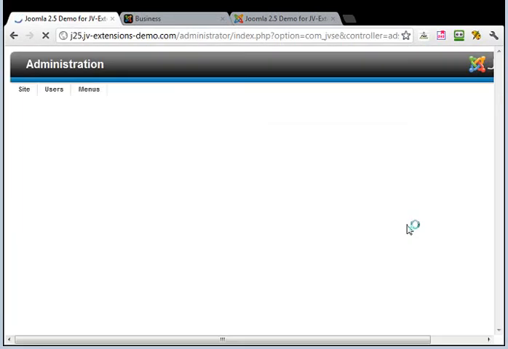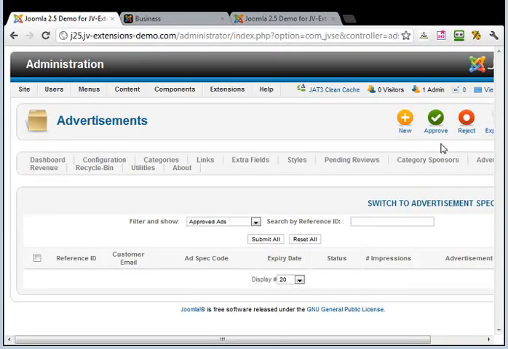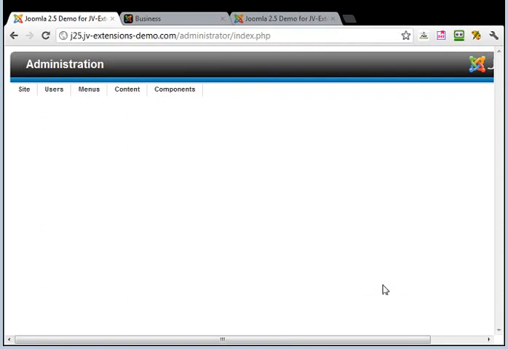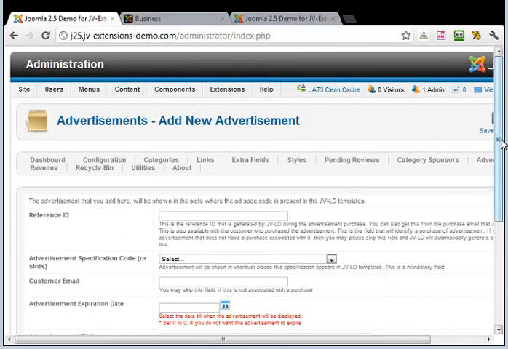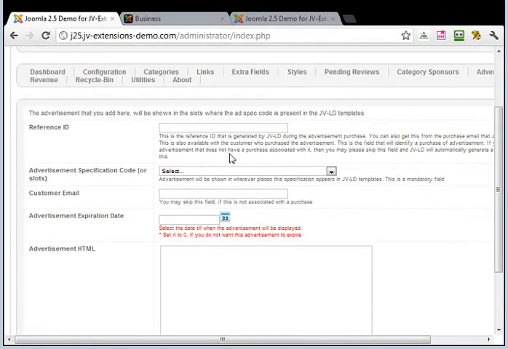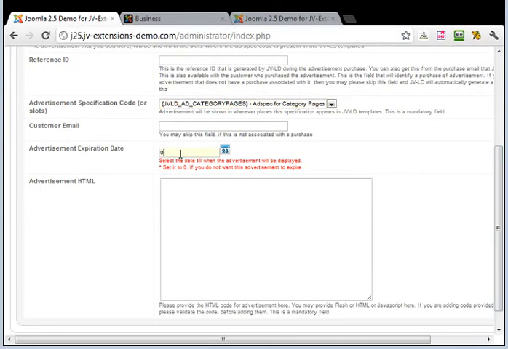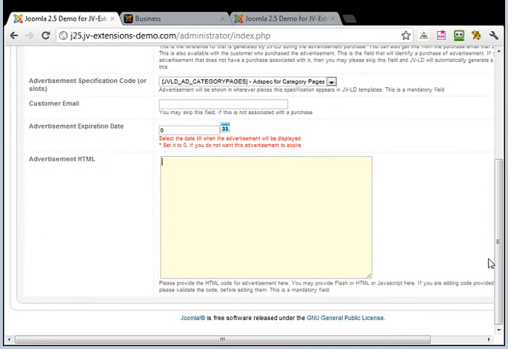So you switch to advertisements, and we're going to create a new ad. The reference ID can be left empty. JVLD is going to generate this. Now we're going to select the ad spec code for this particular ad and set 0 as the expiration date so that the ad is not removed after a particular date.